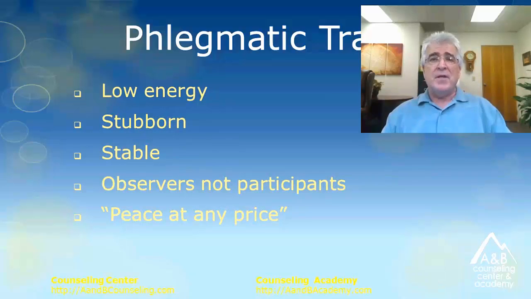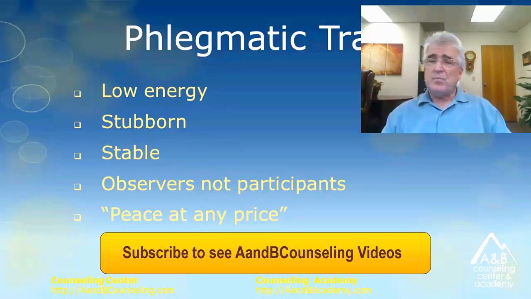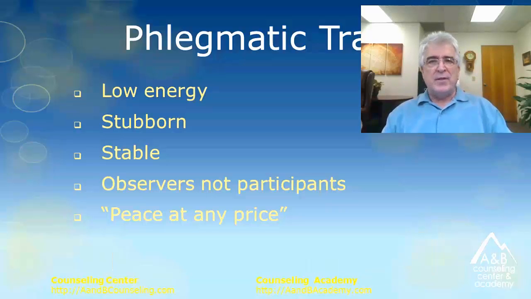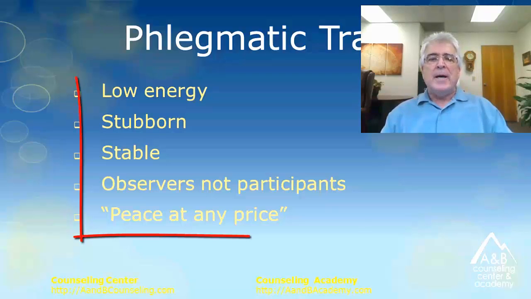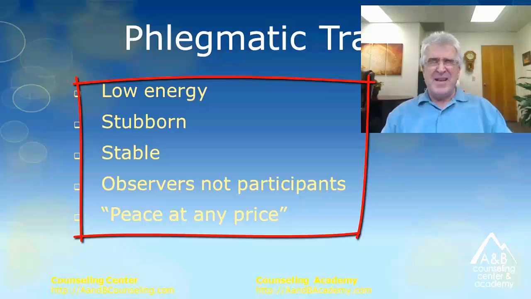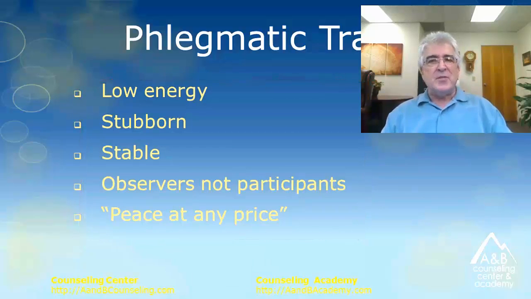It's important to emphasize that when we say somebody's phlegmatic, they can be phlegmatic in all 3 areas, or maybe just one, and that's the depth of this tool. We can look at a person on 3 different levels, not just one blanket term. Somebody can be phlegmatic in a general area, but the typical traits are characterized as someone who is low energy, gets tired easily, very stubborn, very stable, and tends to be an observer, not a participant. They're better at standing back and watching what's going on, not typically getting involved heavily.